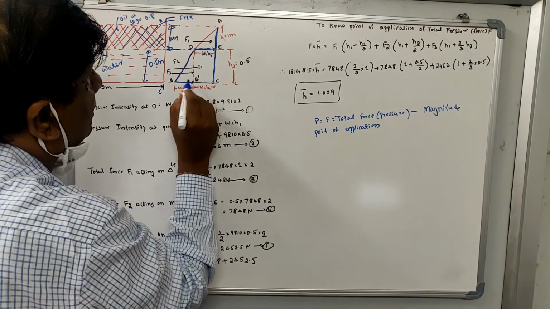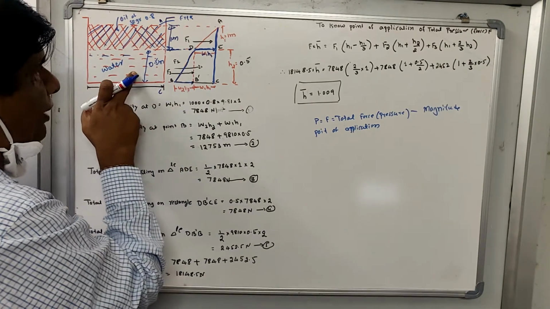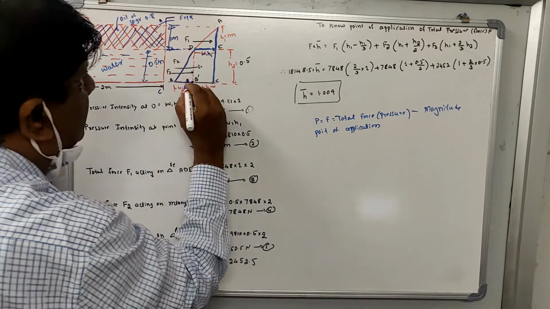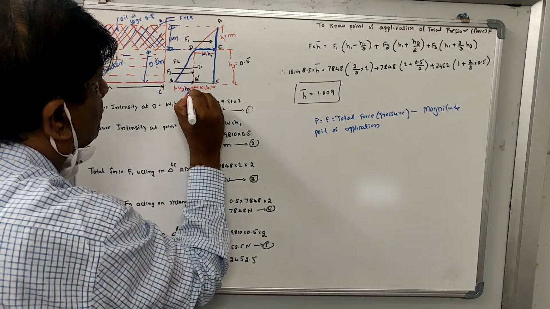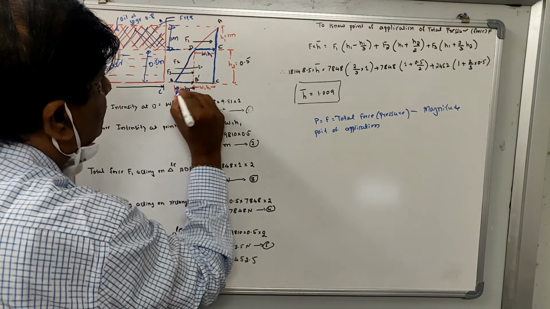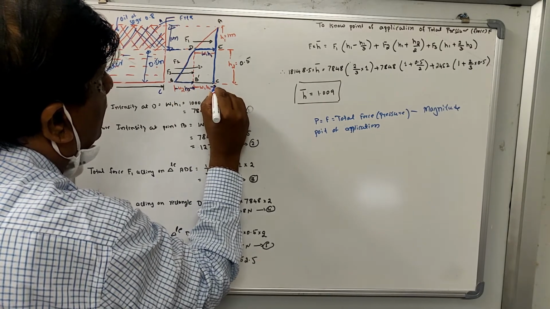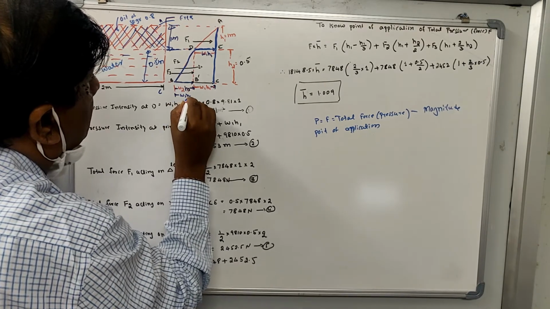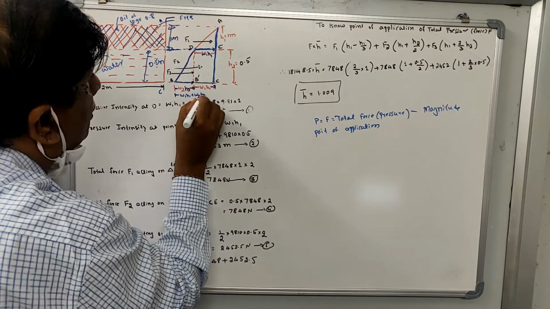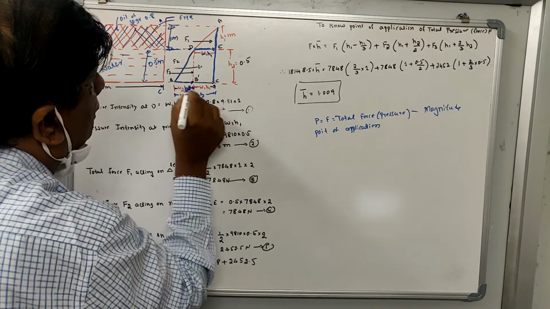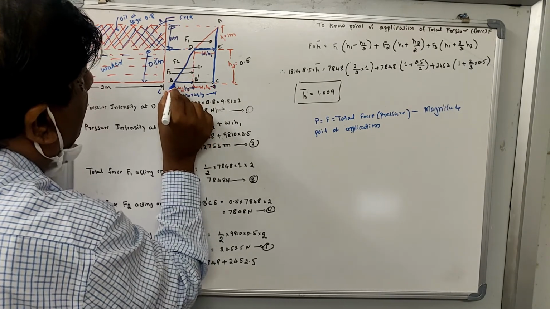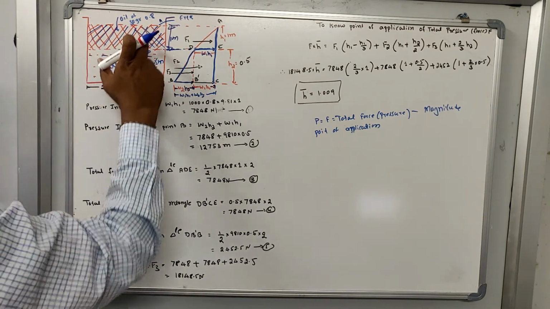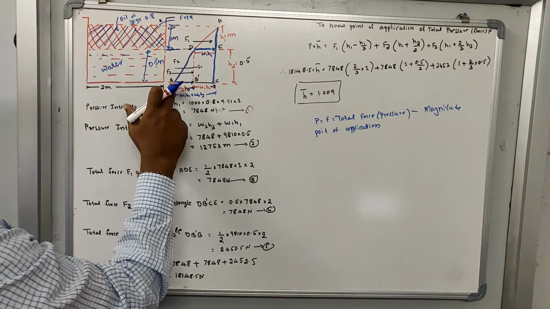This is equal to what? This is equal to the unit weight of this fluid, that is water, multiplied by this height, that is W2H2. So this is W2H2, this is W1H1. So this total is W1H1 plus W2H2. Okay, so the total pressure intensity exerted by these two fluids on the base BC